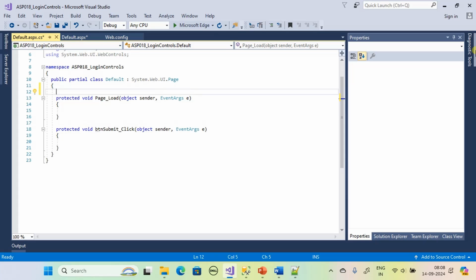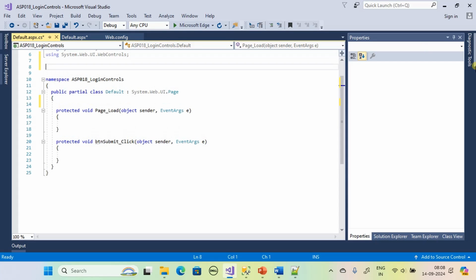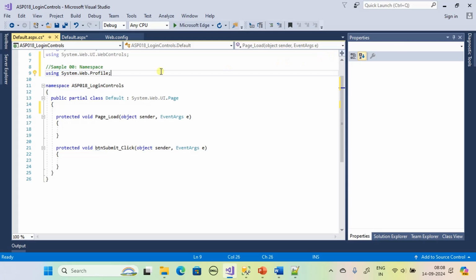So to make use of the profile specific stuff, we need a namespace from system web profile, right? We want to use profile base class, right? So that's why we are including this namespace. Let's save the content. So here in the submit click,